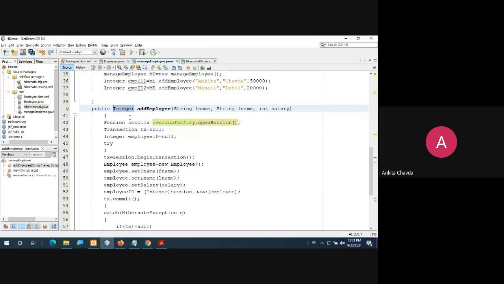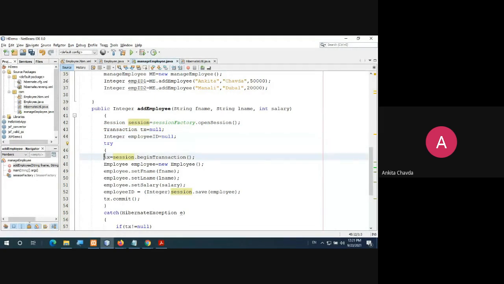Integer employee ID variable name, right? What I'm doing here is I'm creating session object here, session small session equals to session factory dot open session, because first I need to open the session. Then I'll create the object of transaction, that is this, right, equals to null. Then I'm taking here integer employee ID equals to null.